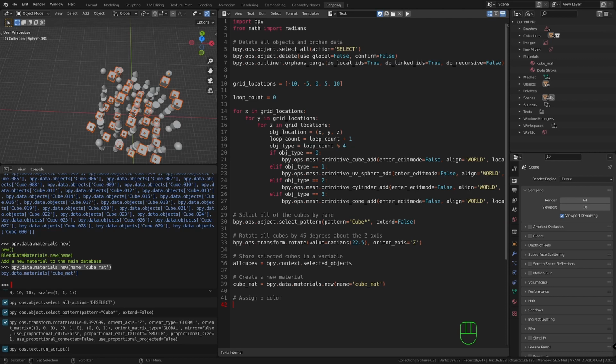So we can say cubemat.diffuse_color. So this takes an RGB alpha set of arguments. So we can say some red, some green, no blue, alpha equal to 1 so that we can see it and go from there. Now the final step is to assign the material